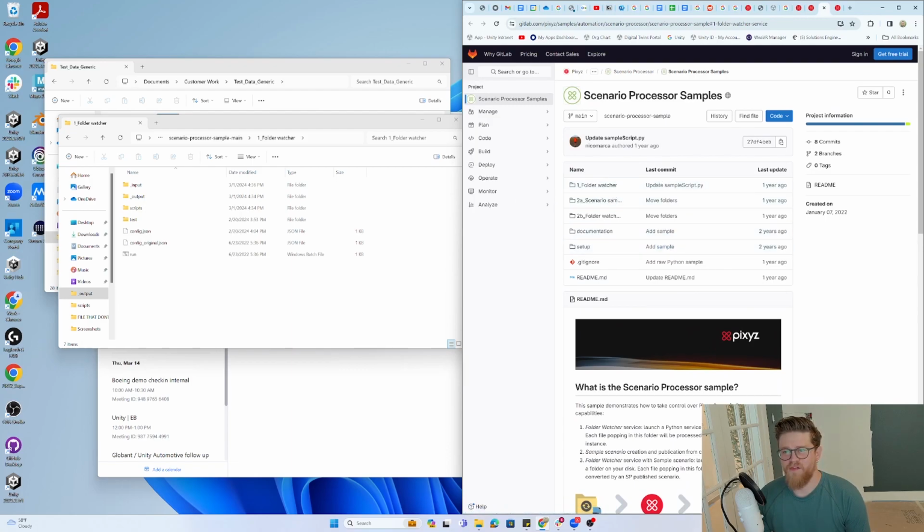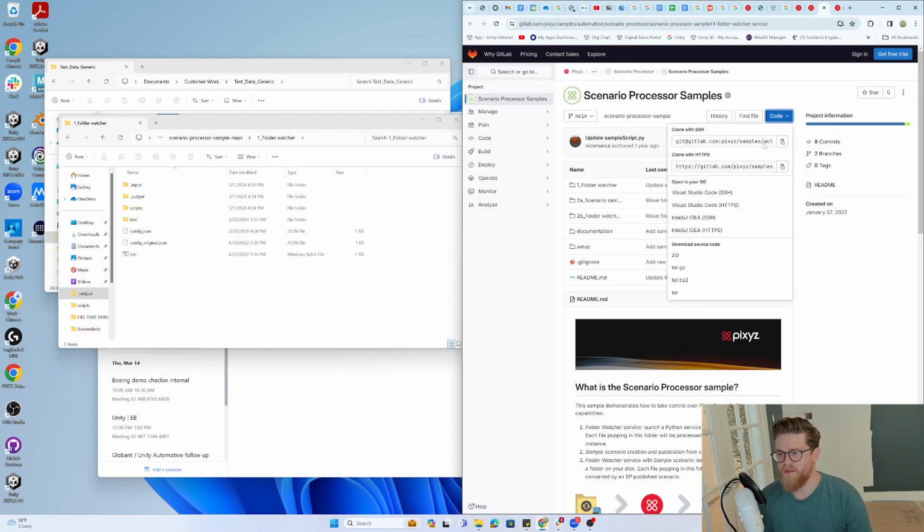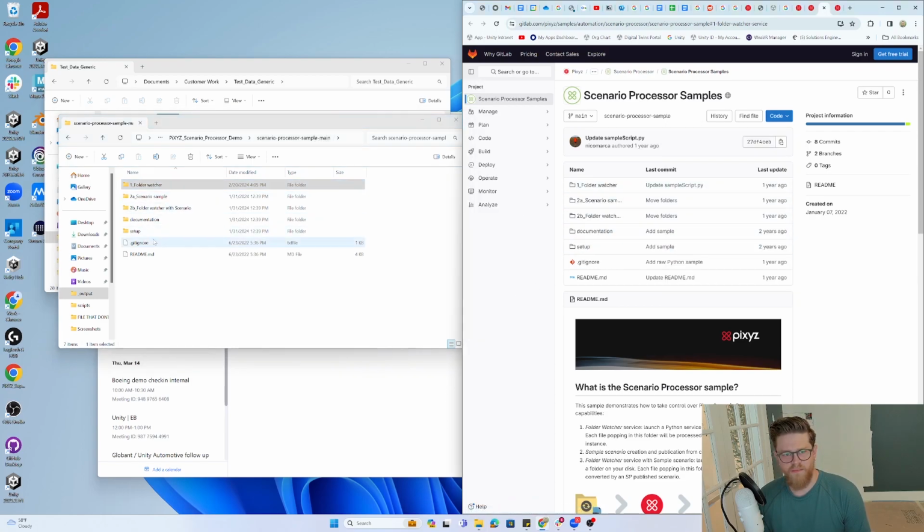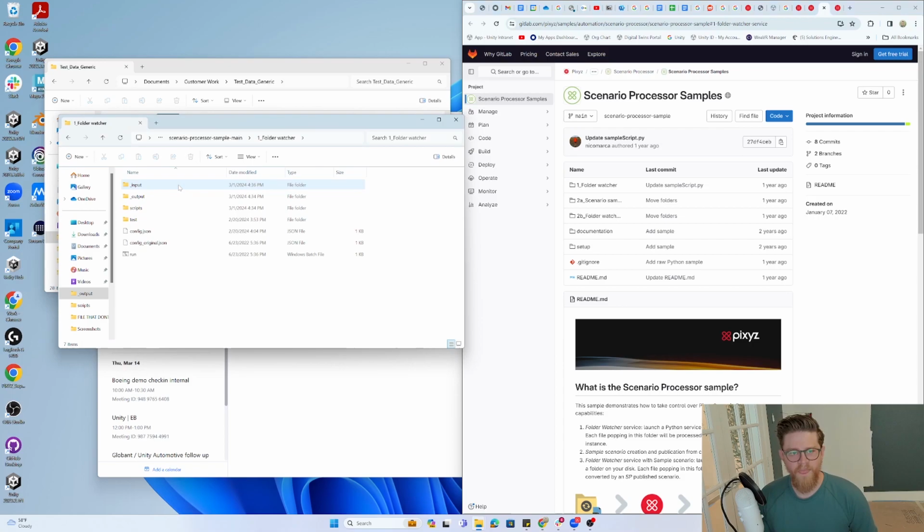We have a scenario processor samples project. So from here, I would just download the zip, get it local, and then this is what it's going to look like right over here. So you're going to have scenario processor sample main with each of these main folders here. And the one that I tend to work within is folder watcher, the 1_. So once I have clicked on that,